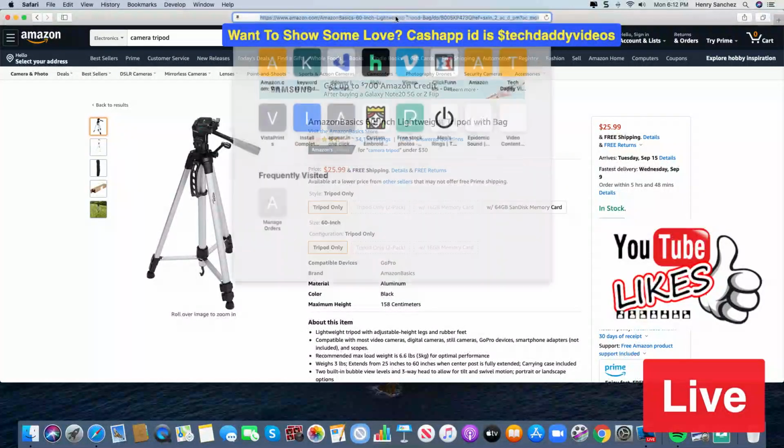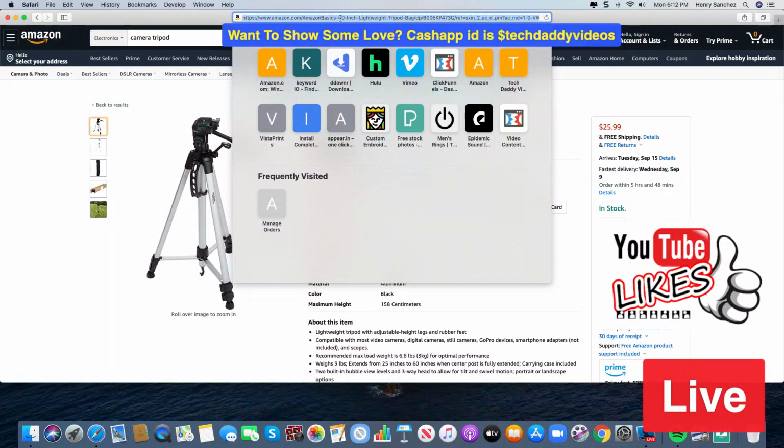But if you come way up here to the URL, what we call the URL for Amazon, there are 5 keywords that this tripod is being found. So we are going to go ahead and highlight the 5 keywords here, and the 5 keywords are Amazon Basics, 60-inch, lightweight, tripod, and bag.